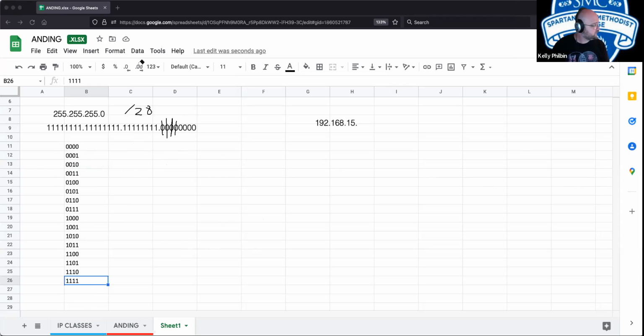Our ranges for that network, it's going to be 0 to 15, 16 to 31, 32 to 47, 48, 63, 64, 79, 80, 95, 96 to 111,